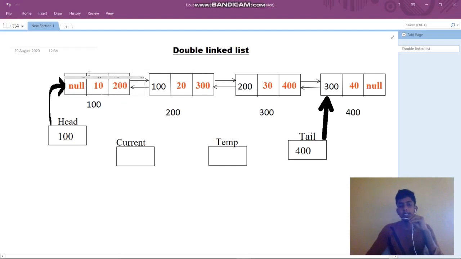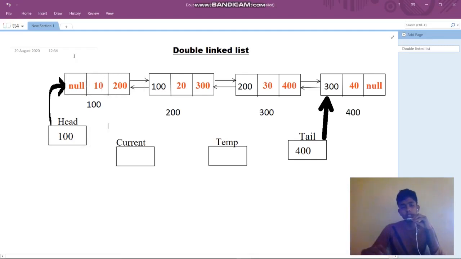So let us consider this example. Initially, this is the first node. The first node has the address 100. The 100 is stored in head, so head points to this 100. Now, this is the first element.